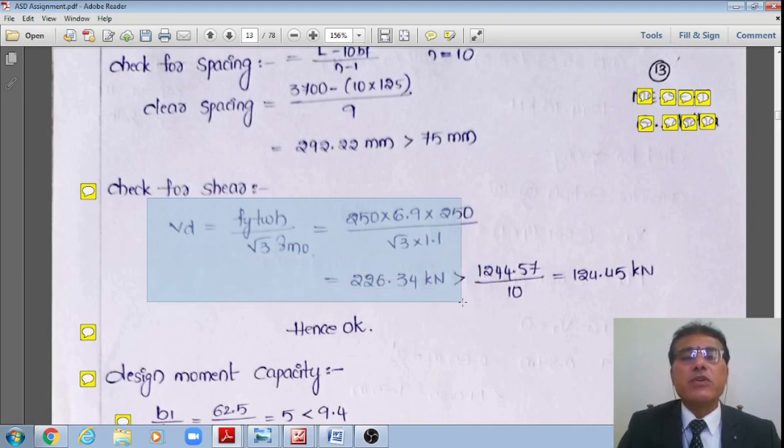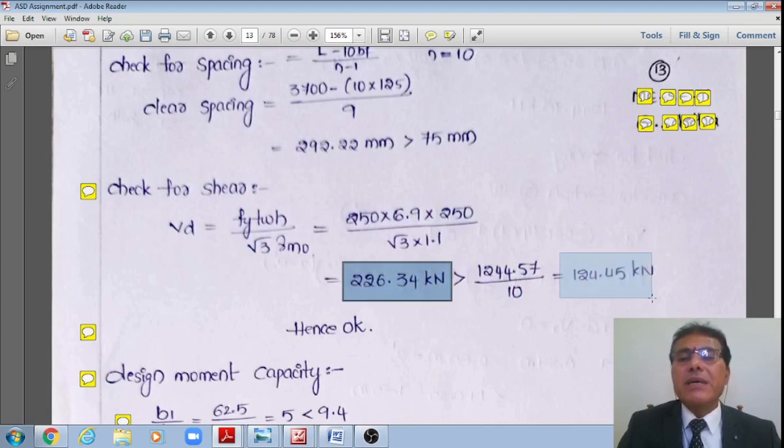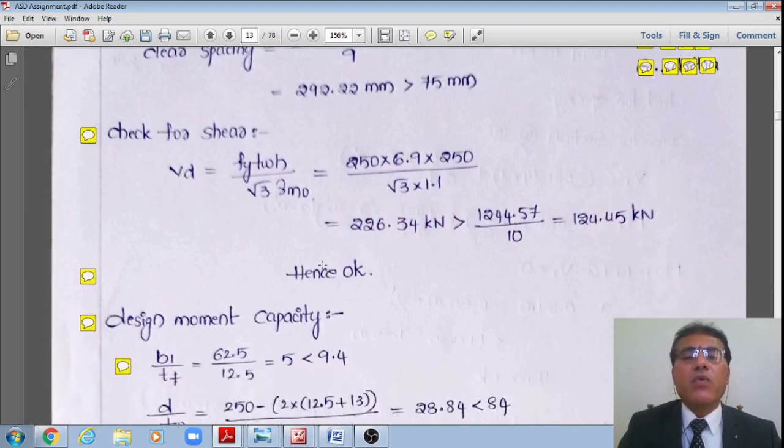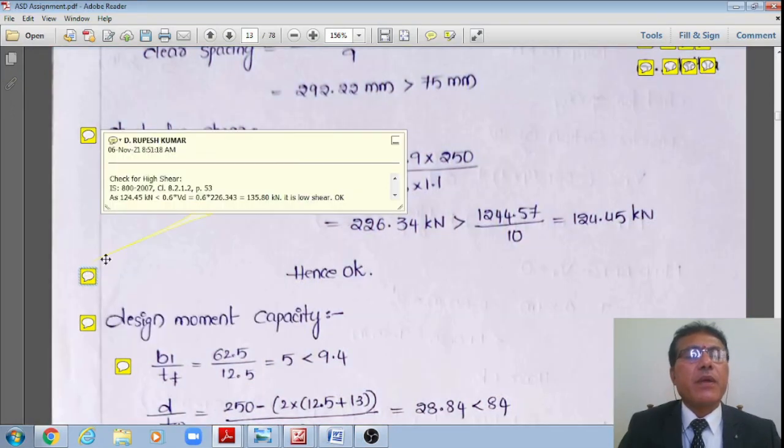In terms of kilonewton, it works out to 226.34, which is much greater than the shear on each of the beams, just 1244.57 divided by 10, meaning 124.45 kilonewton only. Therefore, each beam can resist up to 226.34, whereas the factored shear force coming onto each beam is 124.45 kilonewton only. Therefore, it is okay. Once it is okay in that second check, now I'll go for the check for the